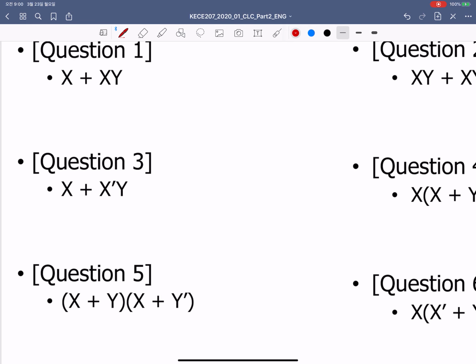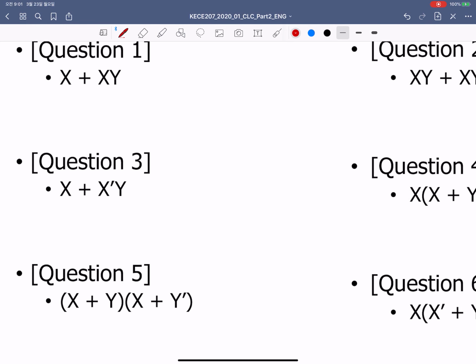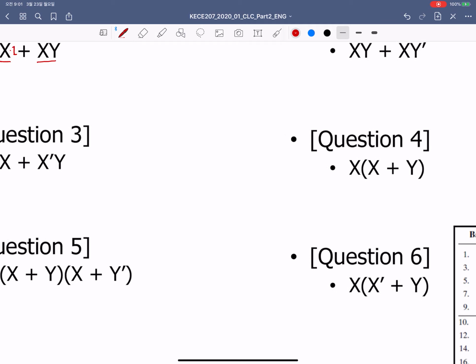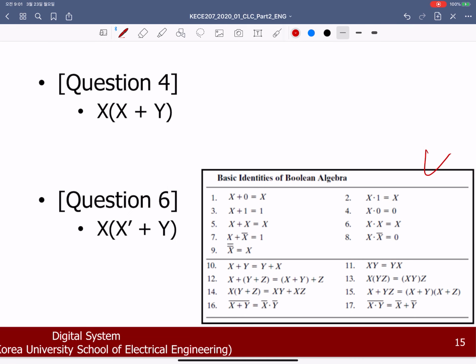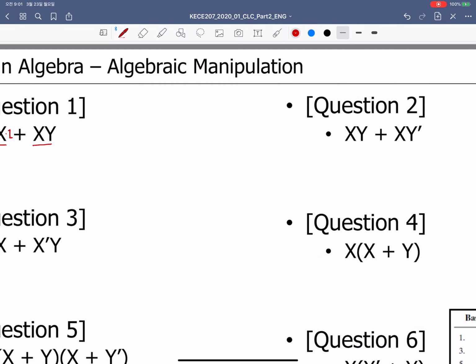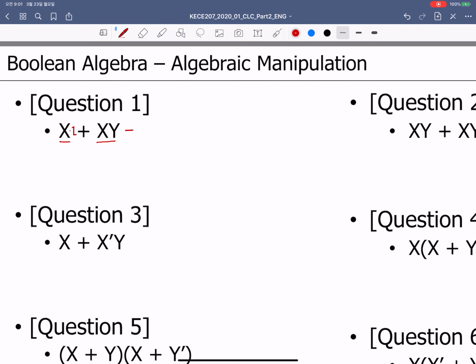Here, you have x and xy. Then you can think that you have that one, so you can use this identity. When you have a variable, and then you have 1, and you have an AND operation inside, then you can get this variable again. That's why you can say that this is x dot 1. So this becomes